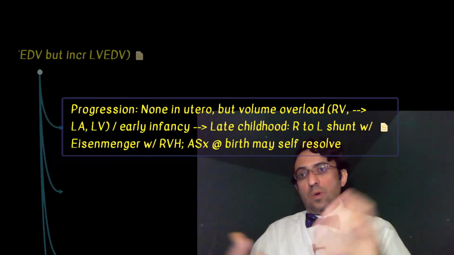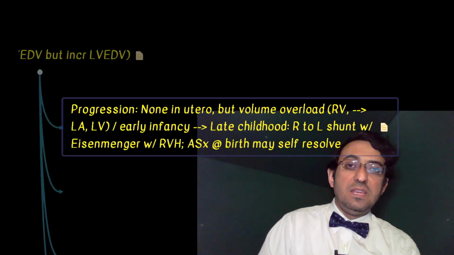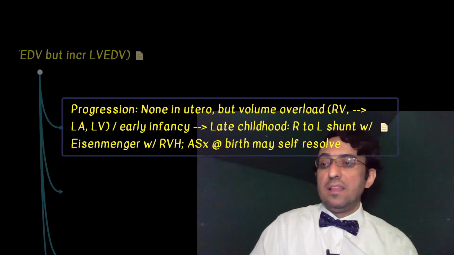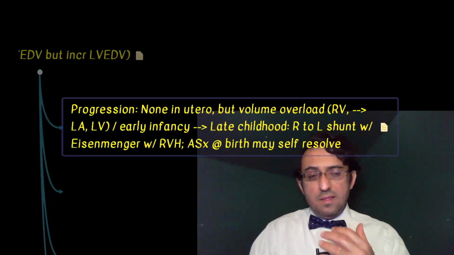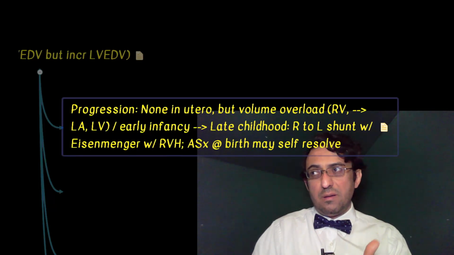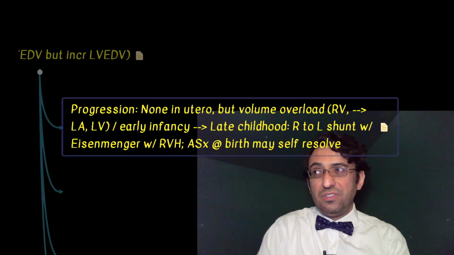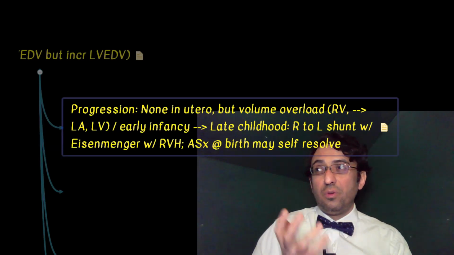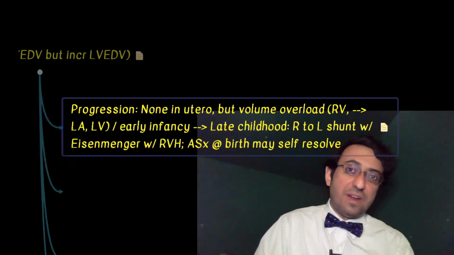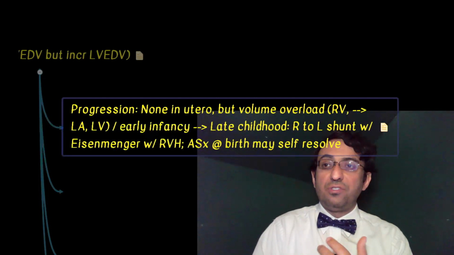Based on what we have discussed so far, under what circumstances can a VSD be silent, in other words, we may not hear its murmur? In the first week of life, where the pulmonary vascular resistance is still high and the complete transition to normal circulation has not occurred. Also, when the VSD is so large that there is no pressure gradient and there's been complete equalization of pressure across the